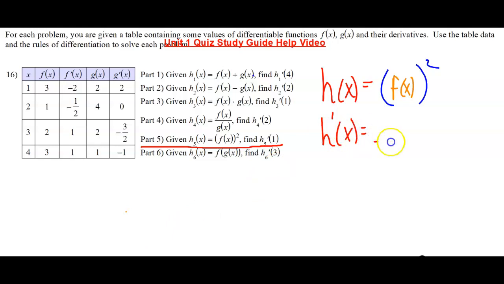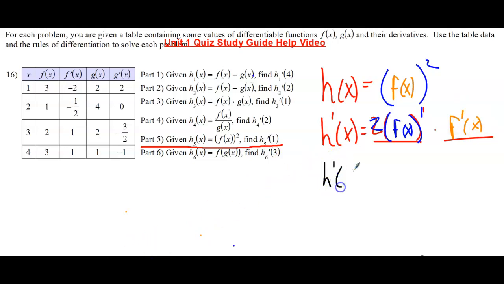we're going to be doing outside times inside. The derivative of the outside is 2 parentheses 1. Guess I could do it in blue. 2 parentheses 1. And we don't change the inside when we do that. And then next we have the inside. The derivative of the inside is f prime. So there's our derivative, and now we're ready to move on to do the plugging in of the number that